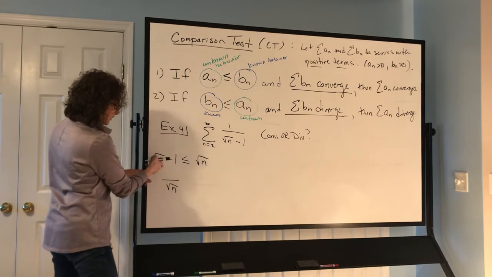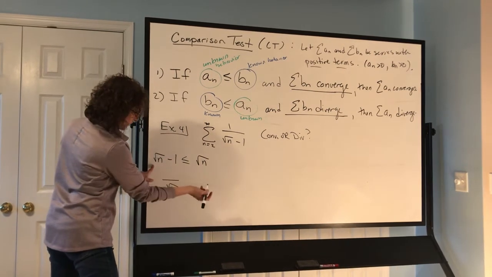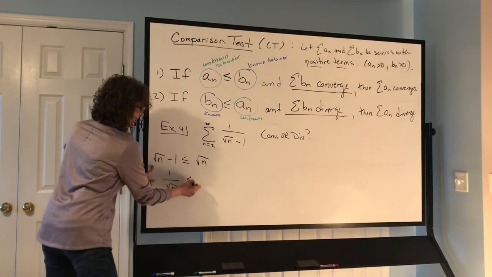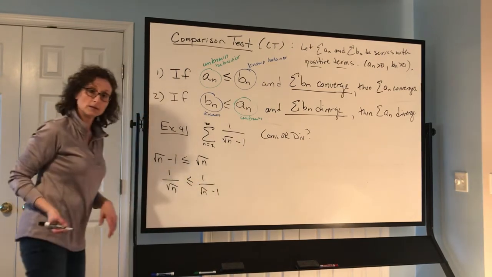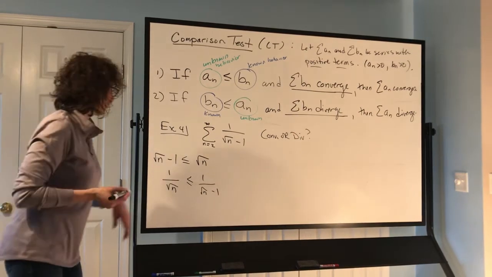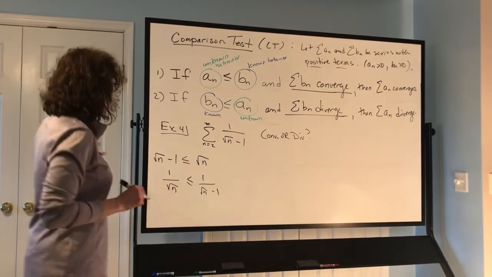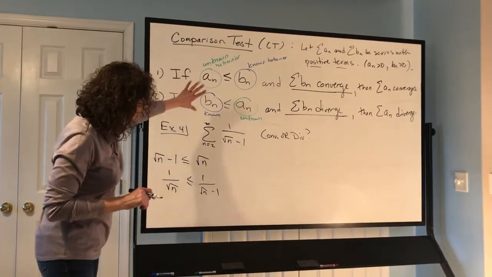But if I also divide by the square root of n minus 1, right, then I'll have a 1 up here, then I'll have a 1 there, and I'll have a square root of n minus 1. Right? Yes? Awesome. Very nice. Okay? So when you're doing comparison test,